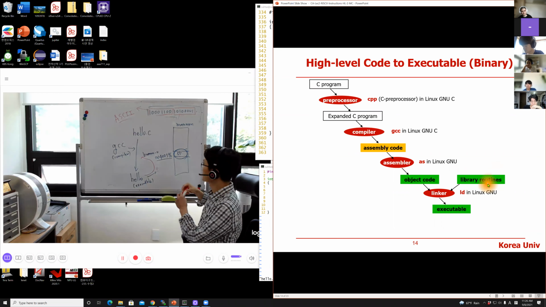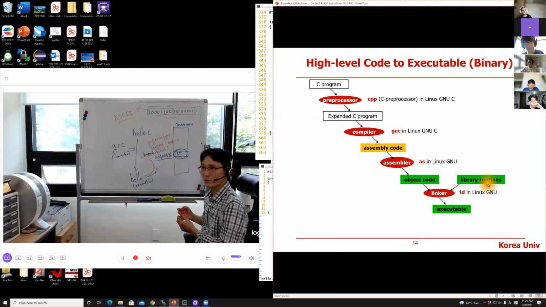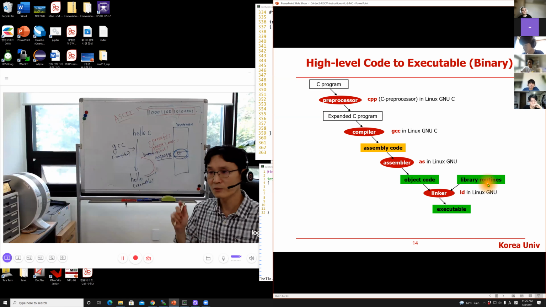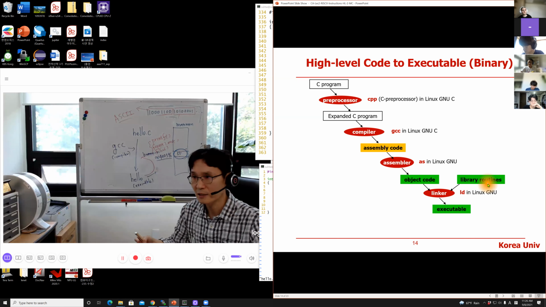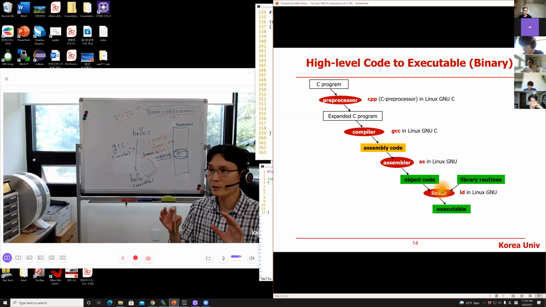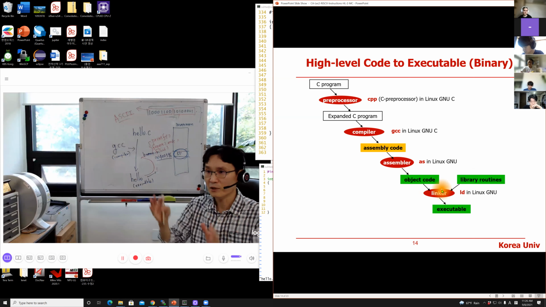In the C language, you use file open, file close, file exit. Those functions, someone is providing them for you, right? You haven't written that code. Those functions are provided by the library. So in the final step, you take the linker. As the name implies, it links your code and the code in the library, and generates the final executable,